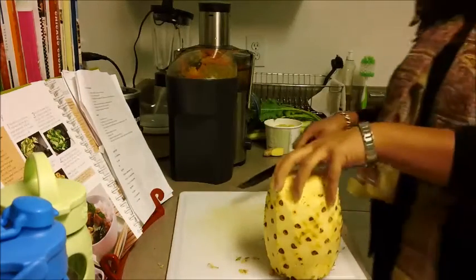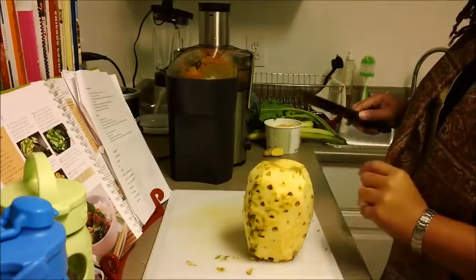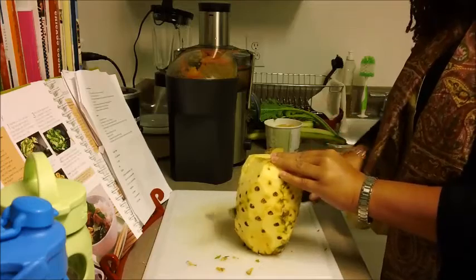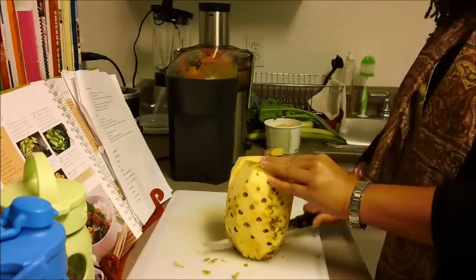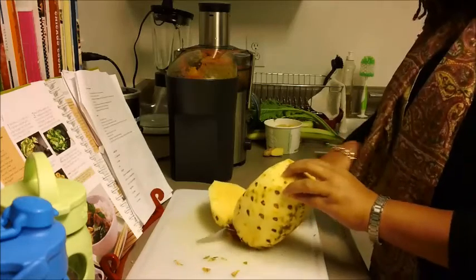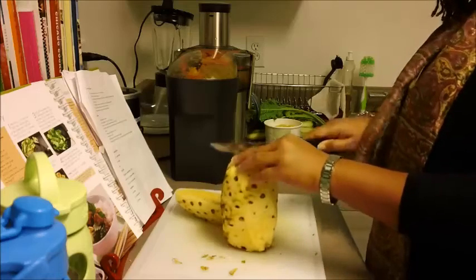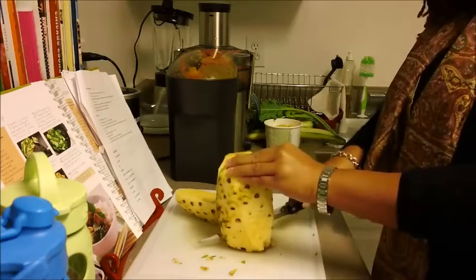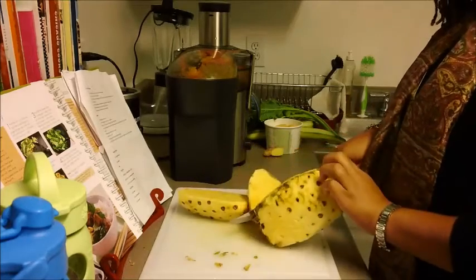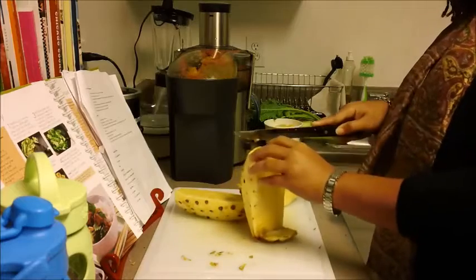And then after you cut the skins of the pineapple, you'll notice that it still has some of those little divots, but that's okay because we're going to juice it. So I usually try to cut it not quite down the middle because the core is really hard. You want to cut next to the core of the pineapple. So you cut one side and then you cut the other side, again not through the core but next to it, and you keep cutting actually around the core. The core of the pineapple is really hard,